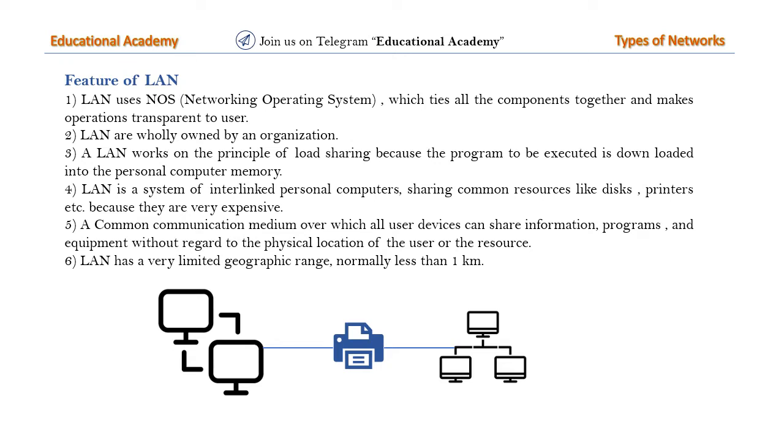It means if we are transferring any file, that file can be transferred to the other system also. For example, if we are working on our system, that work is performed separately and is not shown to the other system. If we connect LAN, then we can show that work to the other person also. Okay, so if we connect all the systems to each other using LAN, it converts into the form of NOS, meaning it performs its work as a network operating system. It means if we want to share our work, by using that NOS we can share our work to the other system also.